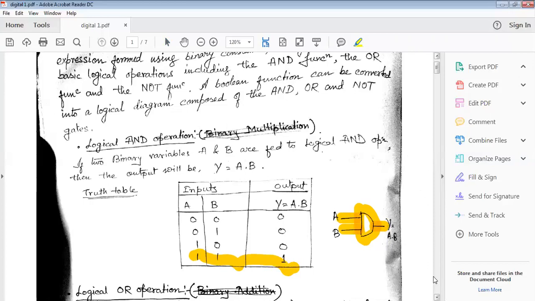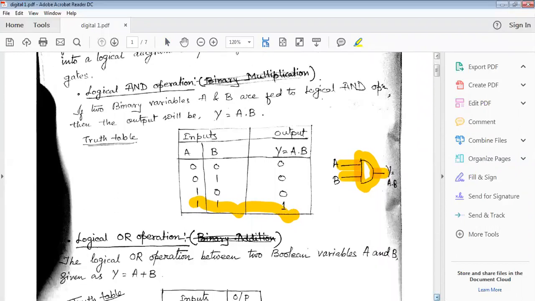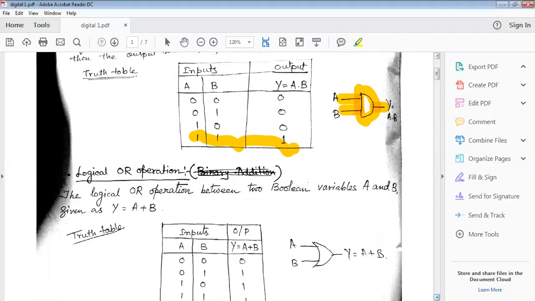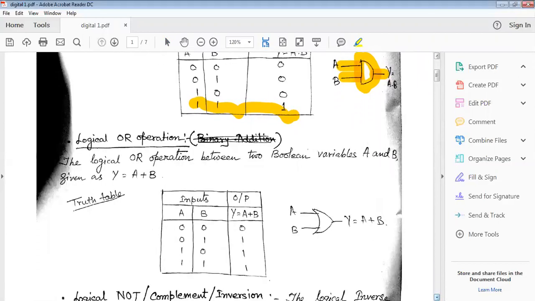If at least one input is 0, then the output is 0. All the inputs are high, then the output is also high. This is the basic logical AND function. Now I am coming to OR function. In that case, the output Y will be equals to A plus B, and the basic gate representation is like that. So in that case,